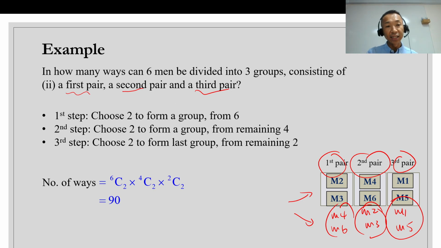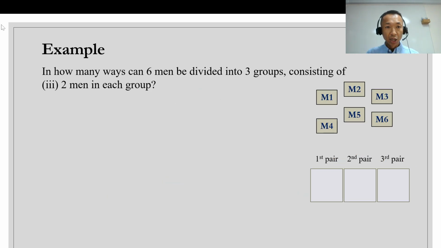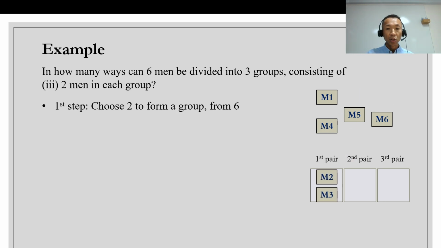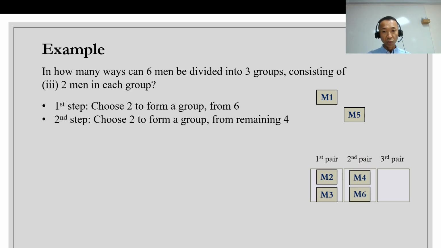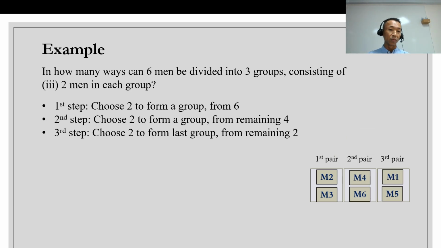The reason why I highlight this is because in part 3 here, the question is asking how many ways can I break the men up into 3 groups where you have 2 in each group. If you have your notes in front of you, you may want to take a look at the phrasing. Part 2 and part 3 look similar, but they're slightly different. So you may think, I choose the first pair, I take 6 choose 2. Second pair, I take 4 choose 2. The third pair, I take another 2 choose 2. Now, if you had done that,